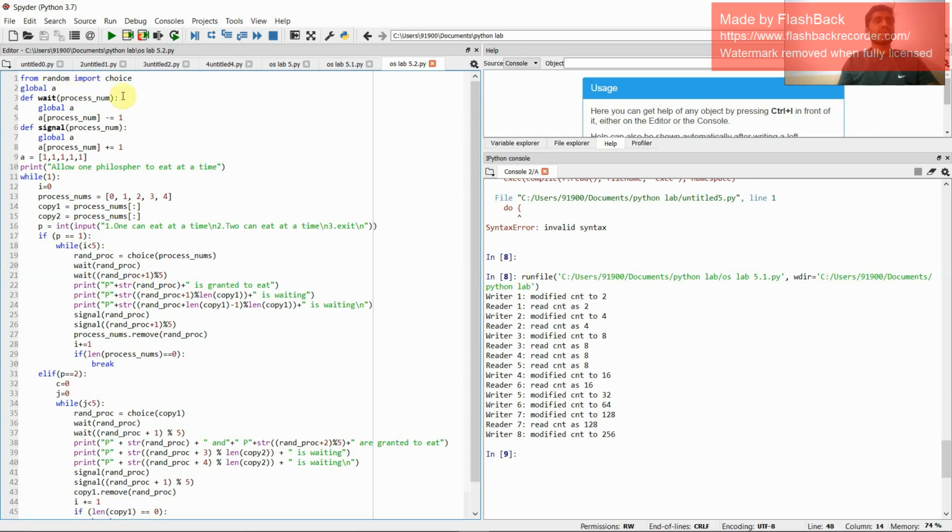From the random input choice, global A, we are defining the wait of the process number, global A, and A of process number minus 1 equal to 1. Defining the signal of the process number, global A of process number, it will be incremented, and A equals 1, 1, 1, 1, 1, and we are going to print allow the philosophers to eat